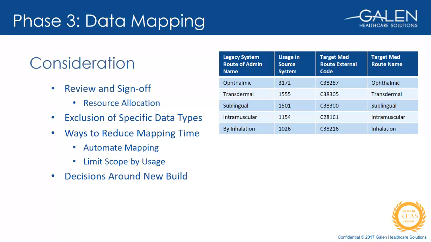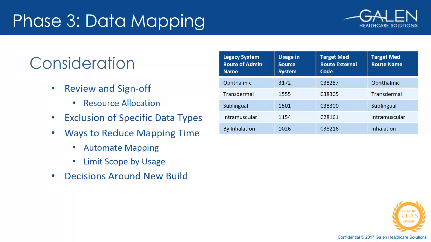For example, an example would be that we wouldn't map any problems, medications, or allergies that have less than 10 occurrences in the legacy system. Then we would only convert them to the target system, and the end users would reconcile the unmapped data to the new chart. Another possibility to limit mapping time is to use CCD, or the continuity of care document, to